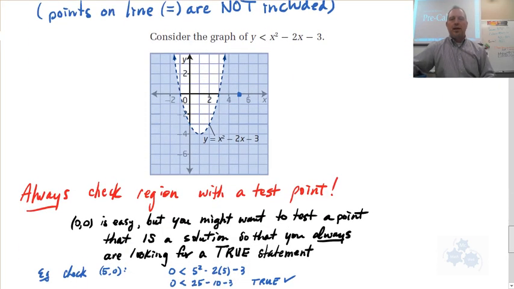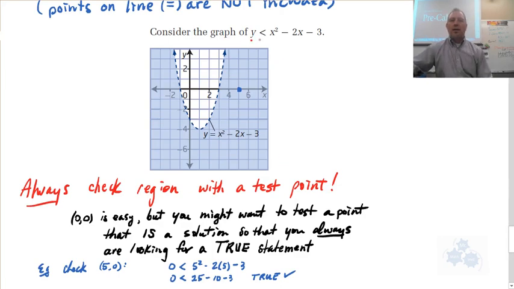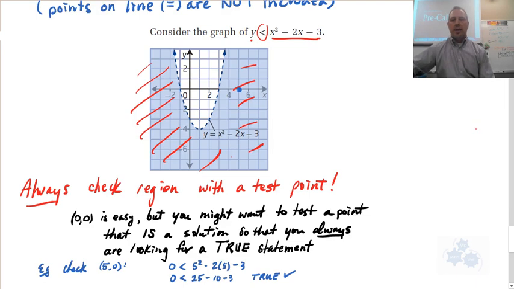All right, so finally, let's take a look at this quadratic. Y is by itself, it's positive. We have a less than. That means that everything underneath this graph is probably going to be a solution, and that is the case. So shade underneath that graph. Always a good idea to check with a test point, and a test point I like to use is 0, 0. That always is easy to find out,